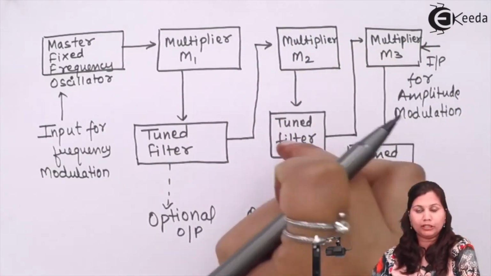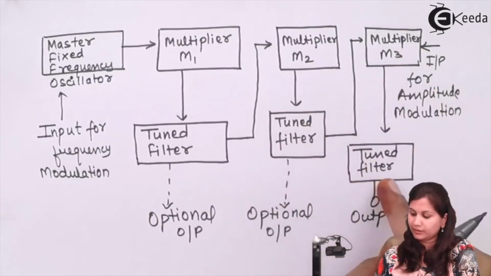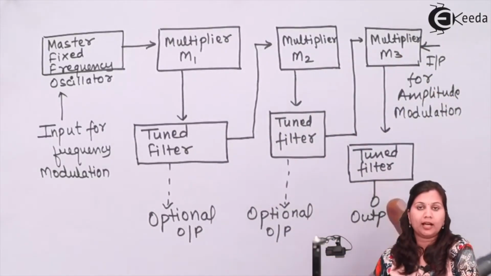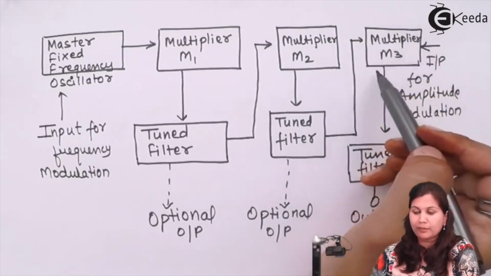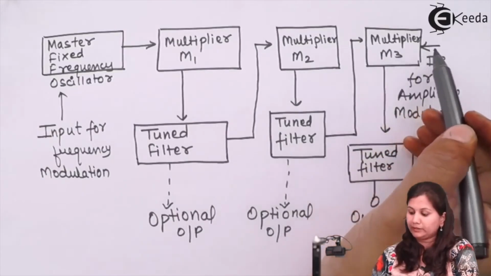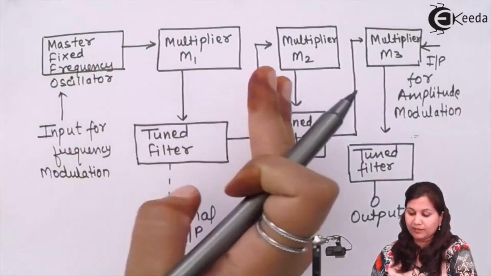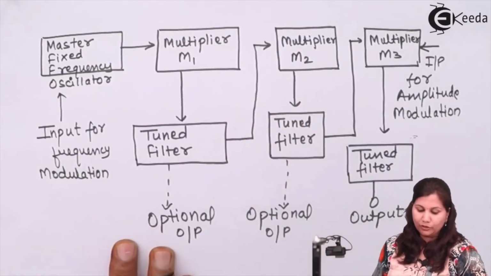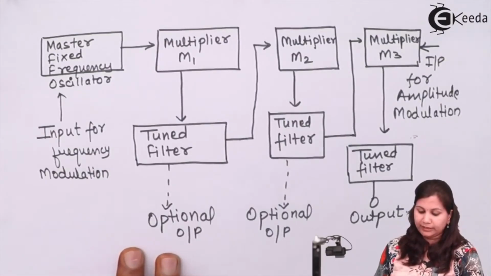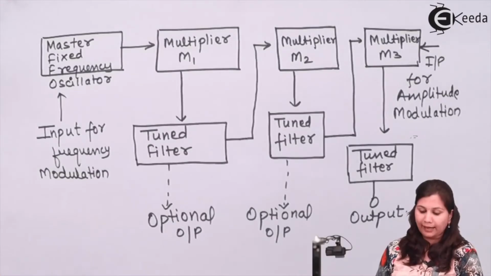Then again the output of the tuned filter is applied to the next multiplier stage, and then we have the final output of our signal generator. To the last multiplier stage, we provide the input for amplitude modulation. There can be various multiplier stages in it. Now there is one disadvantage of this multiplier generator, that it provides a large amount of spurious signals at the